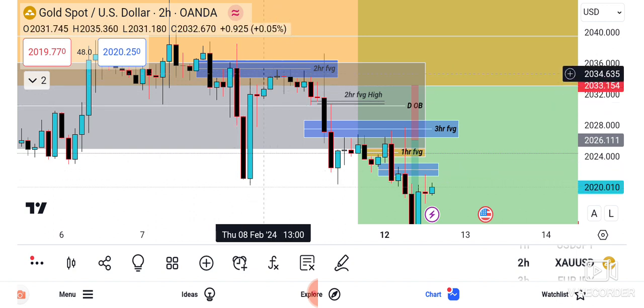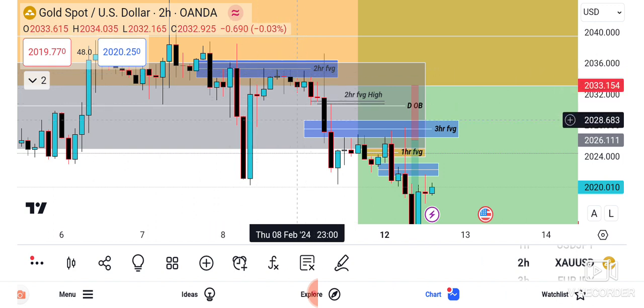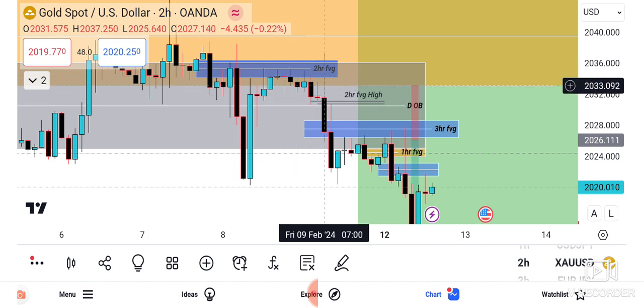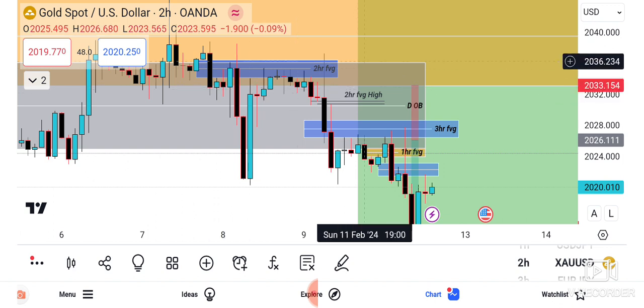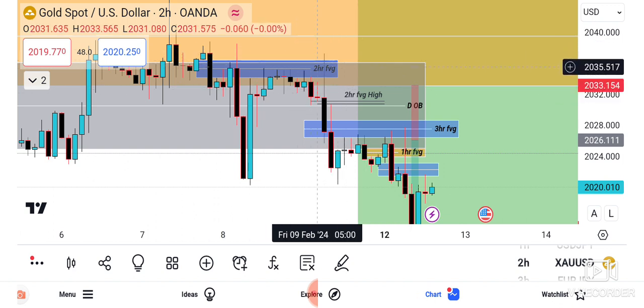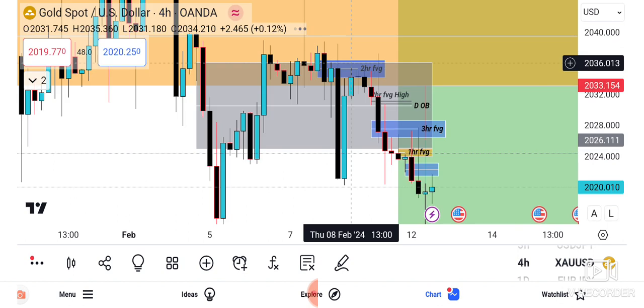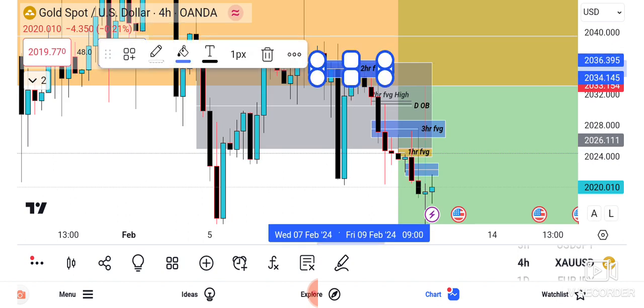You can see how the bodies and the wicks were creating engineered liquidity there as they were respecting this 2-hour fair value gap. Then over here we can see price rallied higher, cleared the liquidities, and we can see this spike up through this 2-hour fair value gap, which is allowed sometimes. So for that reason, I'll go back to the 4-hour time frame and get rid of this because I've talked